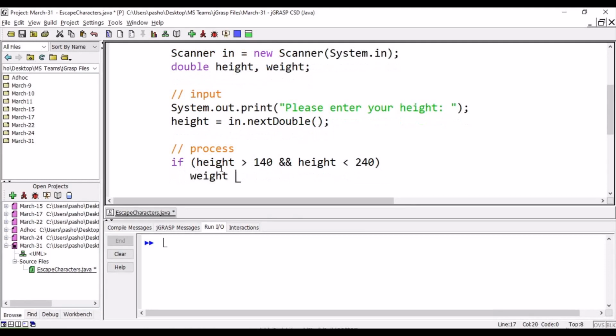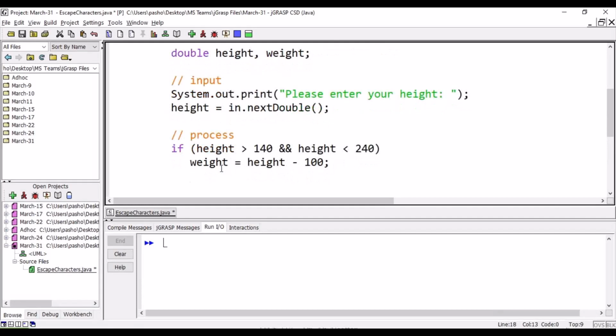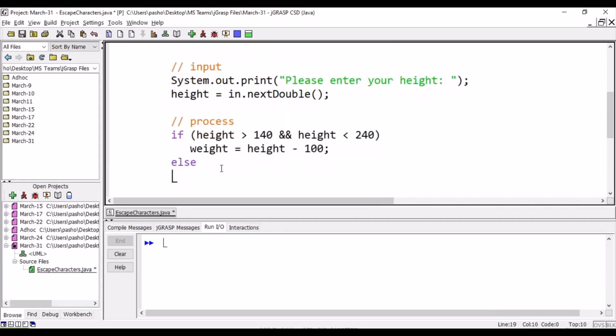We will say weight is equal to height minus 100. Otherwise, we will print a message, System.out.println, invalid height